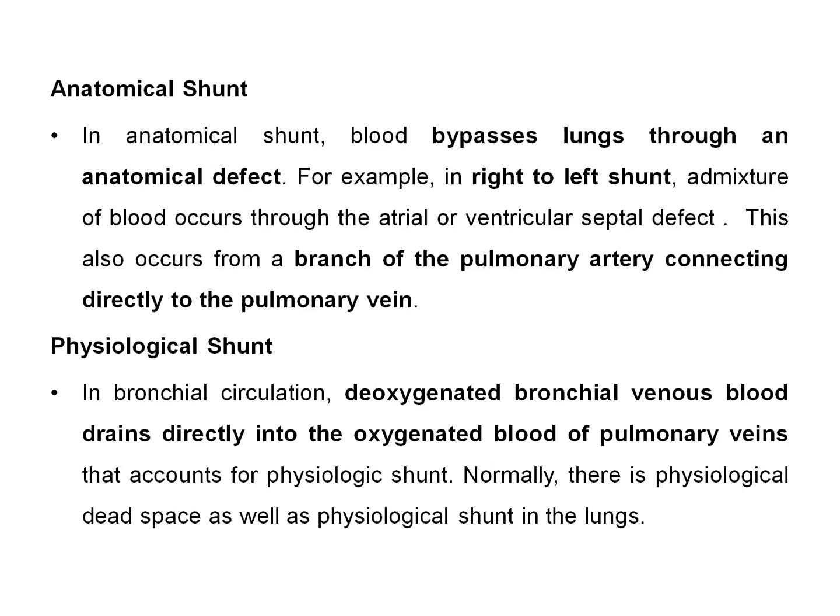So in the bronchial venous circulation, the blood which is there is deoxygenated, but it will be directly draining into the oxygenated blood. And this accounts for physiological shunt. Normally there is a physiological dead space as well as physiological shunts in the lungs. And you have to be very careful